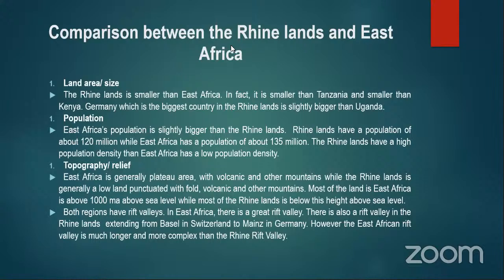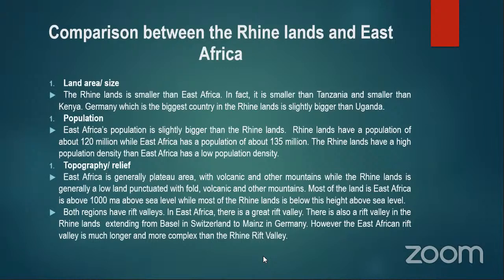Yes? Me teacher, let me try. Edina? Yes, you can try. Uganda and Kenya. So you're saying the Rift Valley crosses Kenya and goes up to Uganda, isn't it? Yes. So we are saying